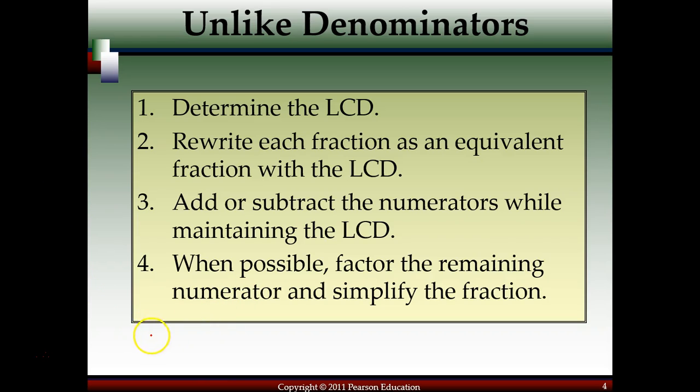Okay, so I'm going to show you just a simple fraction one. Let's do 3 over 2 plus 1/4. Since these denominators are not the same, we have to get a common denominator. This is 4, it's bigger than 2. Well, what do we need to multiply to 2 to make it 4? And the answer is 2. So what we multiply to the denominator, we must multiply to the numerator. So what we're doing here is we're going to say 3 over 2 times 2 over 2